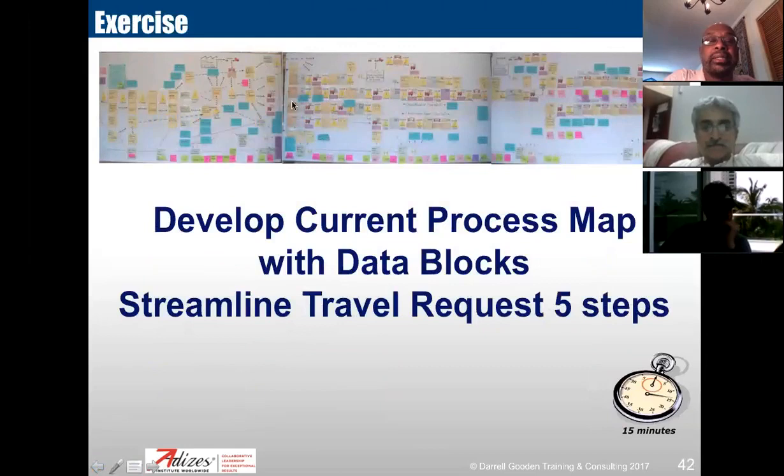Sometimes you'd have a lot of processes, okay? So basically, for each post-it, you would ask that question. Does it change form, fit, or function? Is it done right the first time? Is the customer willing to pay for that? That question is asked for each process step. And if that process step does not meet the criteria, then we put a red dot on it. So we have red dotted post-it notes. Once we go through the value analysis